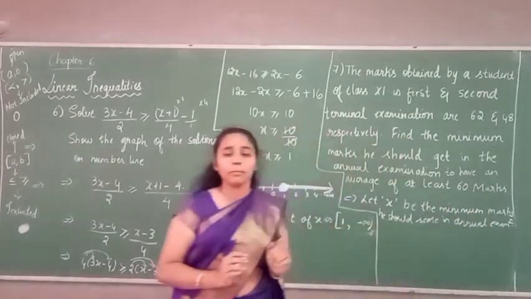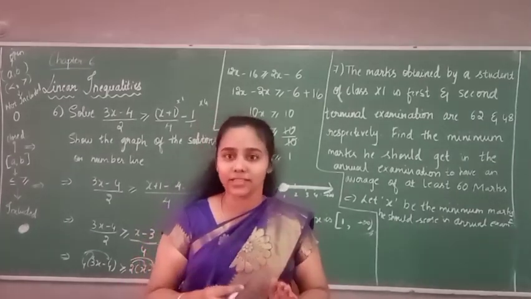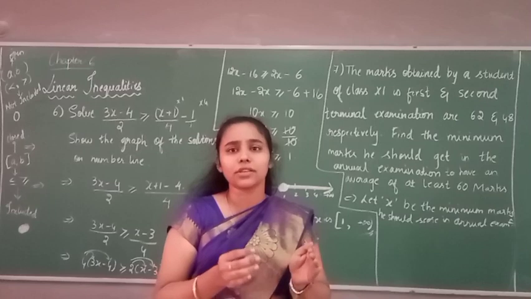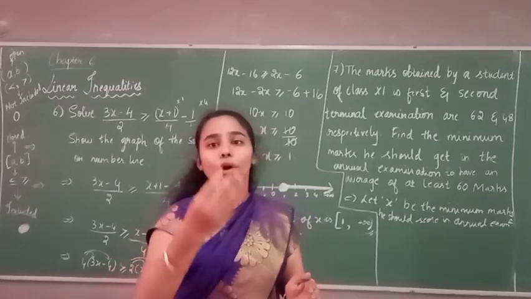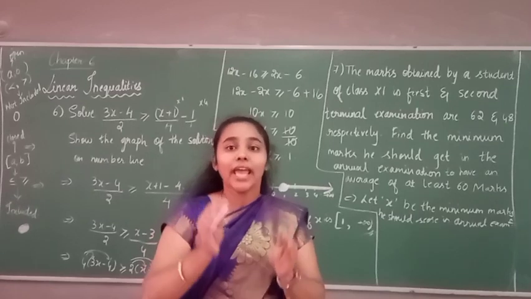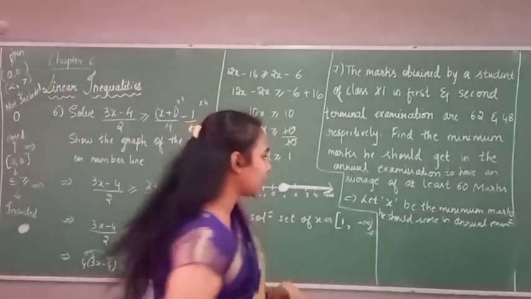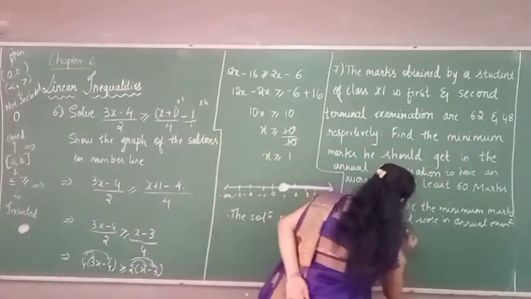So students, remember here, whenever it comes to average of at least 60 marks, it means that he must at least score 60 or more than 60. So he must score 60 or more than 60. It means it should be greater than or equal to. Is it clear? So what will I write now?